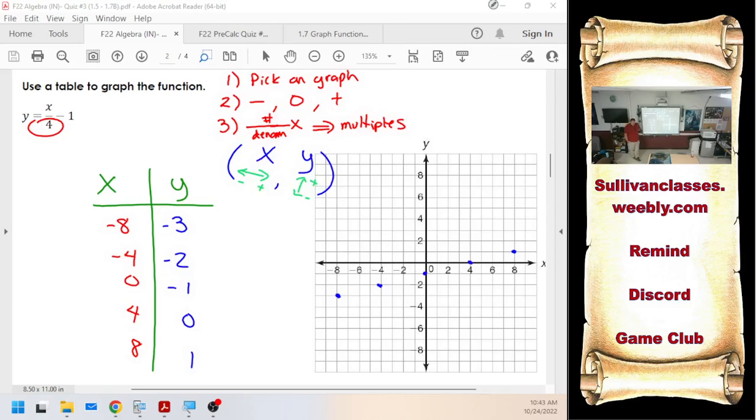Yes, I know that some of you remember slope intercept. Start at -1, up 1 over 4, up 1 over 4, up 1 over 4, connect dots. Great. Put the table in there. I want you to put the table because